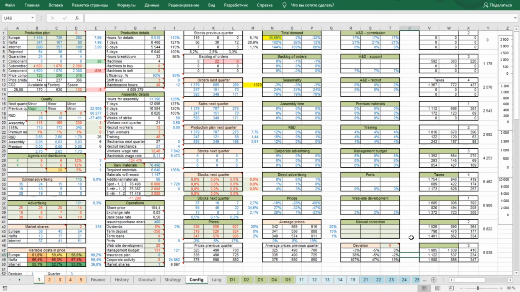And now you can substitute the previously calculated demand deviation from the first game and deviation table into the manual correction table, and then just follow your previously chosen strategy. For example, I can put the same deviation in demand, just copy it from one table to the second table.